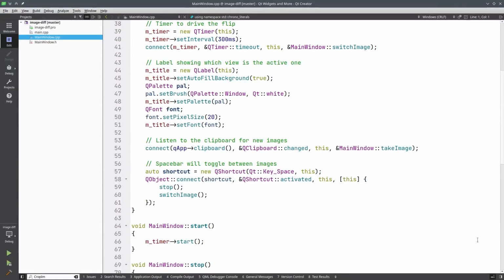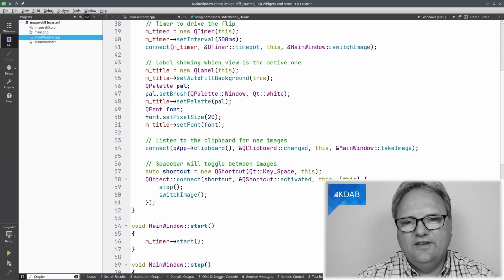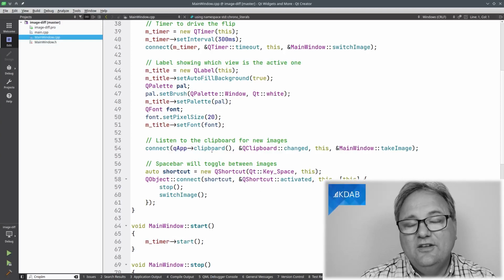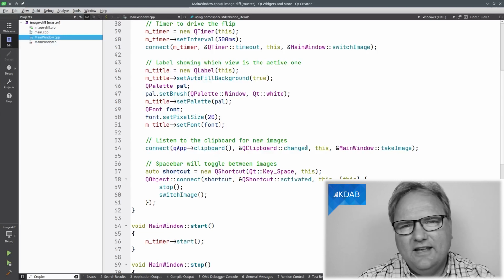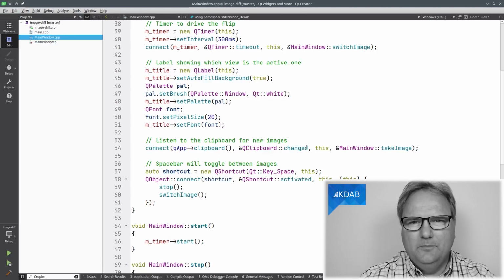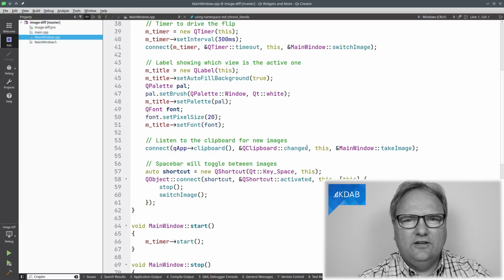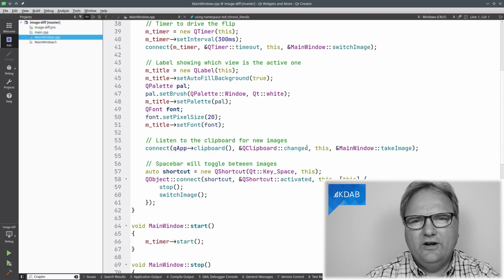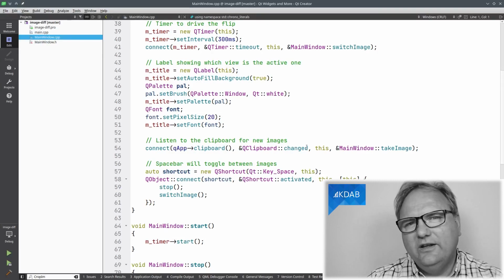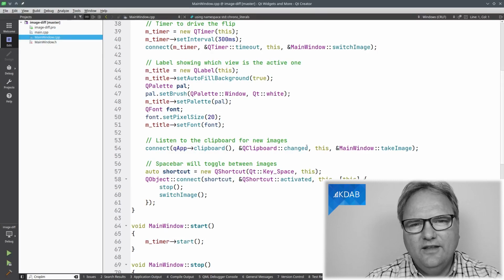I'm not even going to show you the complete application. You can look at the source code if you want yourself. It's not that interesting. What I do is that I listen for a change to the clipboard, and when I hear a change to the clipboard, I assume that that must be a new image to compare. So what I'll do is I'll run my baseline. I will take a screenshot of the window that I'm interested in. I'll run my regression or improvement or whatever you want to call it, and I'll take a screenshot of that, and then it will compare them.